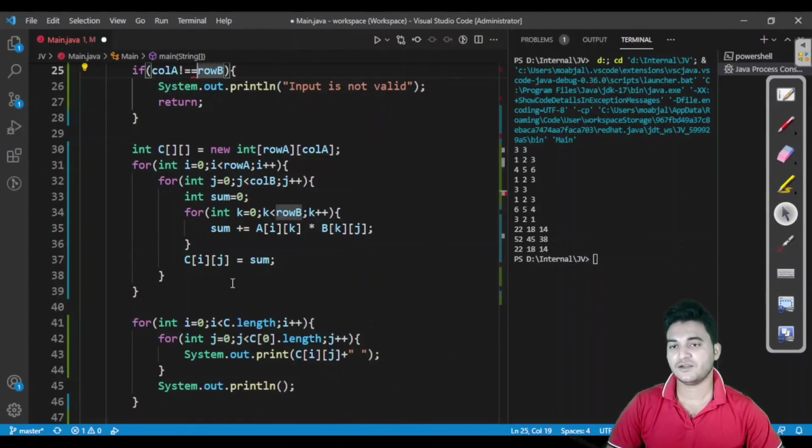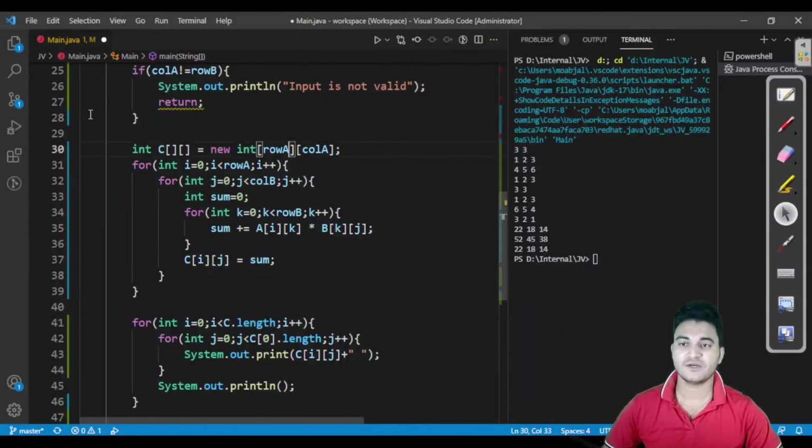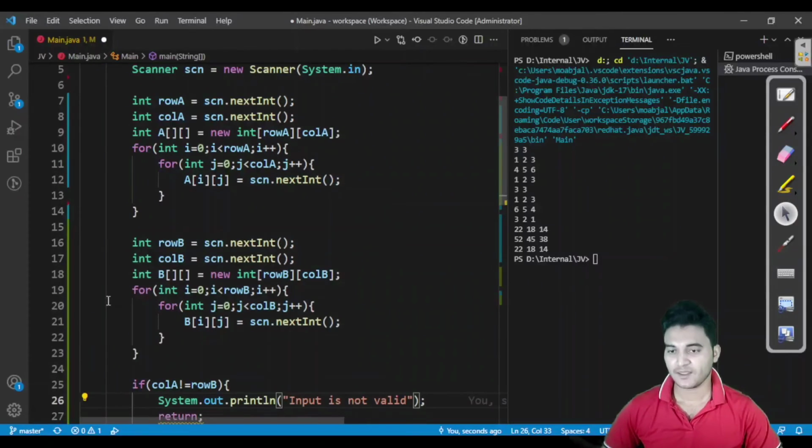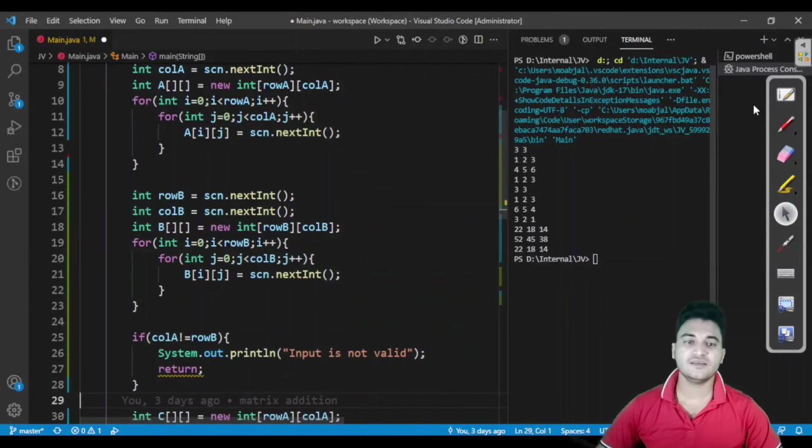Fine. And here we are noting, because the input you have entered is not valid, we return 0, or else return anything. It is giving us just a warning that you cannot return here, but this is perfectly fine, we can return from here. There are some extensions installed in my VS Code, so that is why. For that you have to write this also.